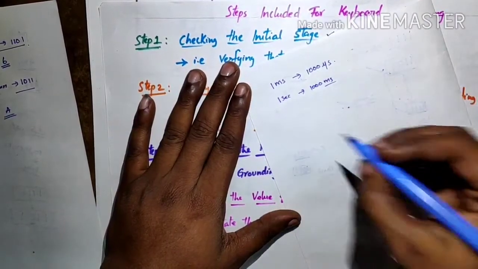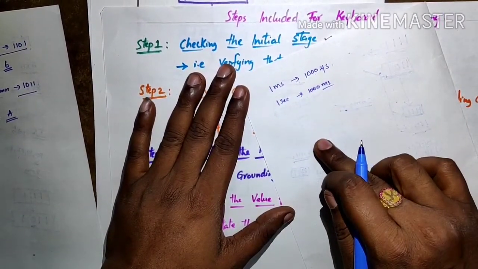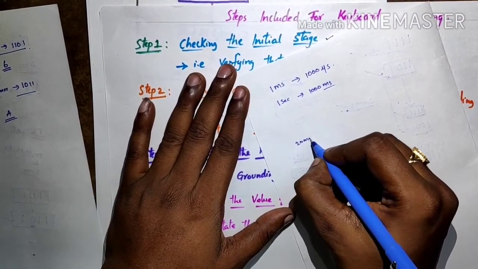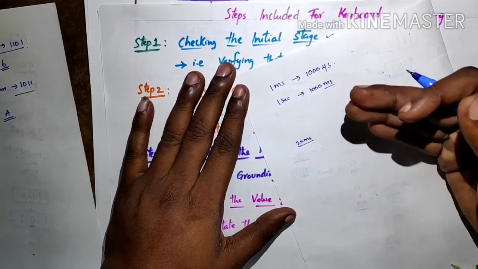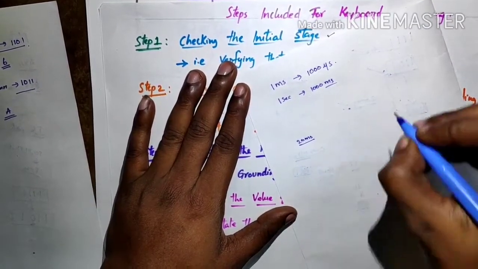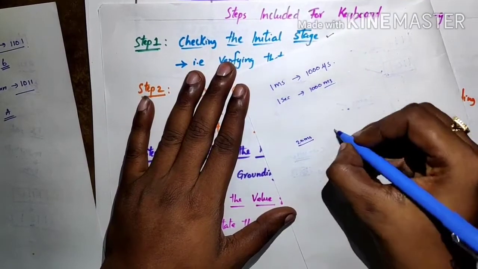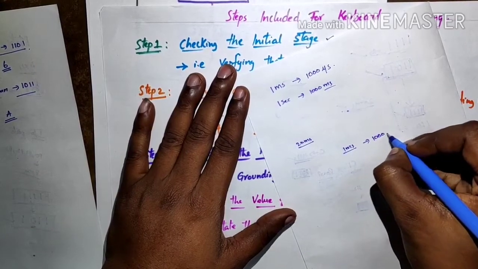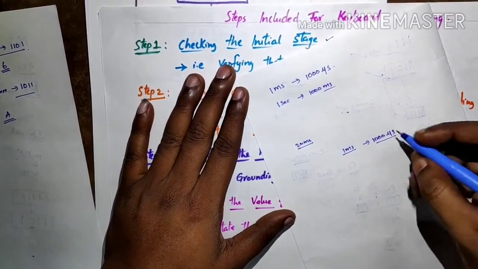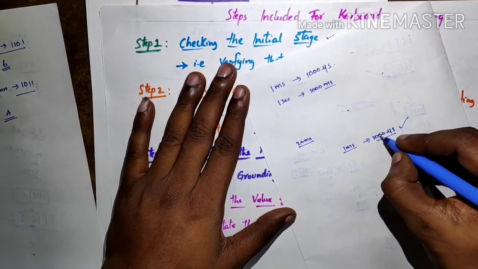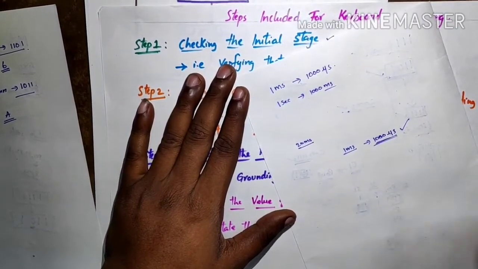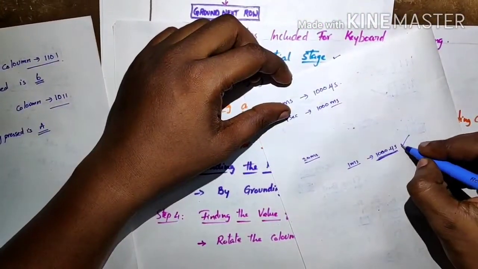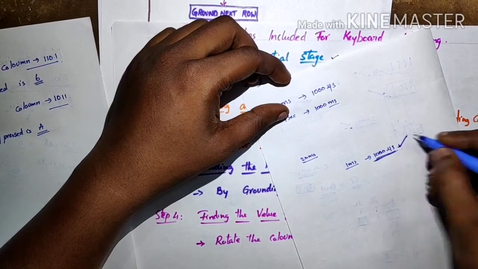So whenever a particular key has been pressed, we are waiting for 20 milliseconds to avoid the spike noise. Afterwards, even if the key press is for 1 millisecond, 1 millisecond means we are having 1000 microseconds. So our program will run, and it is a huge time for our microcontroller to run a program in 1000 microseconds.